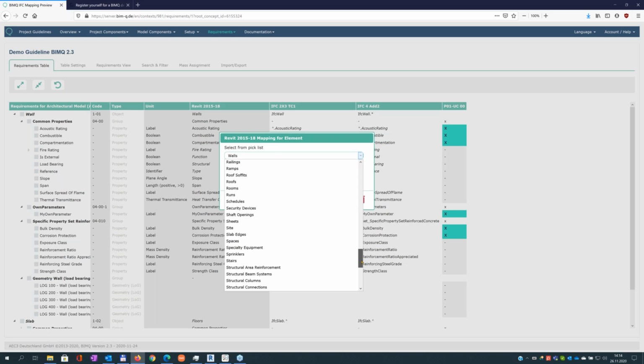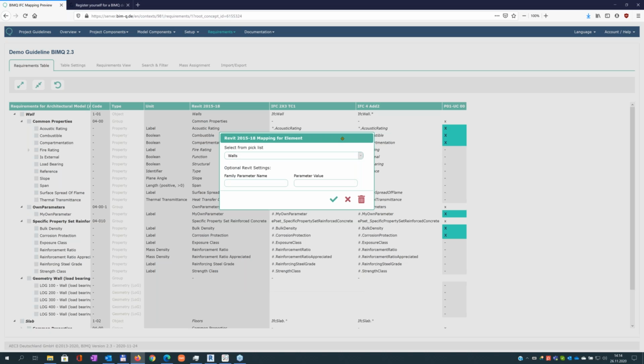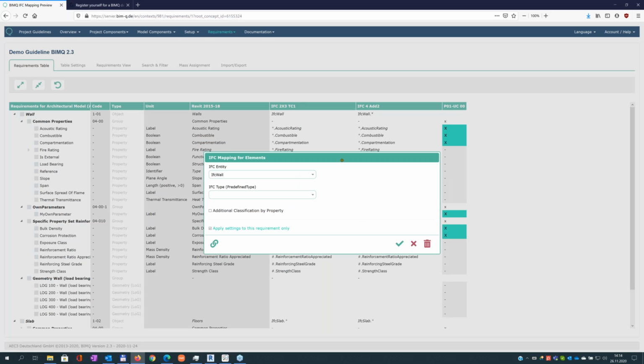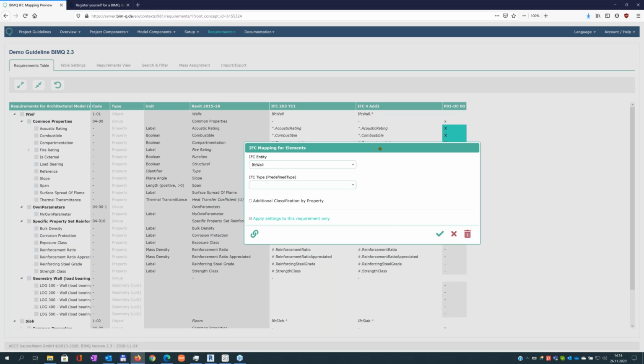Yes, you can see all categories from the English Revit. Okay, the first. And the second is the mapping to IFC 2x3 or 4. For example, we look here at this point. This is very new. New in BIMQ